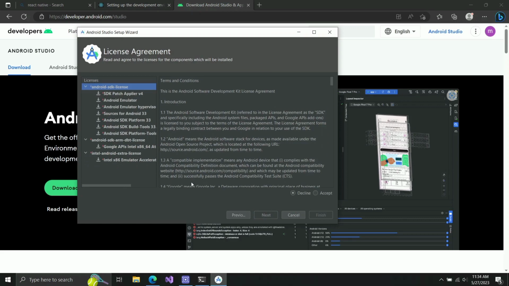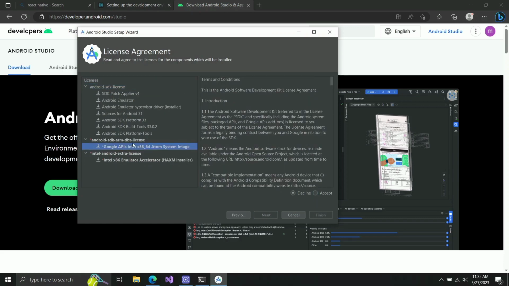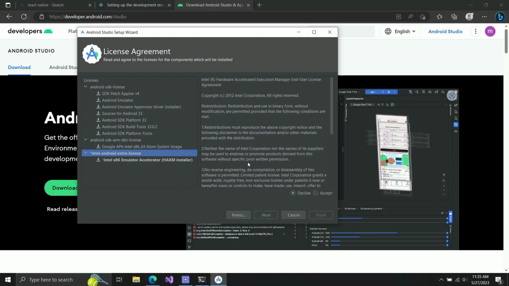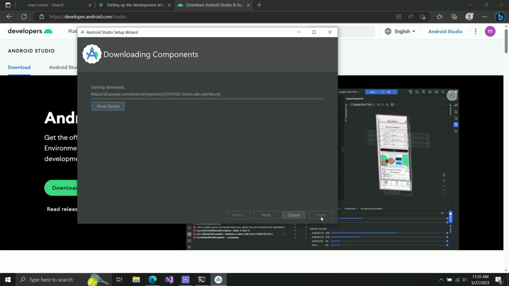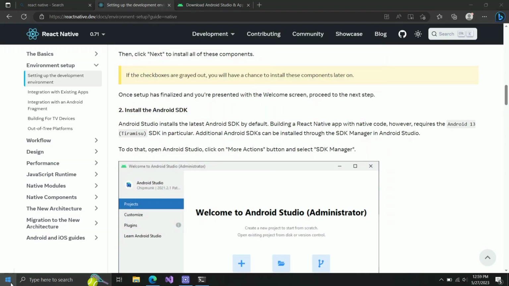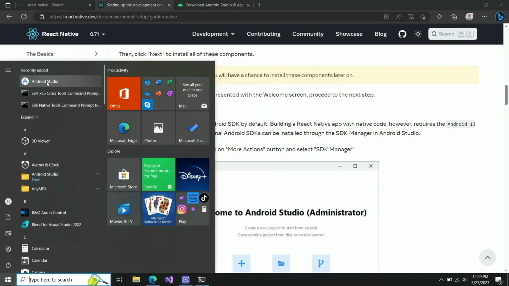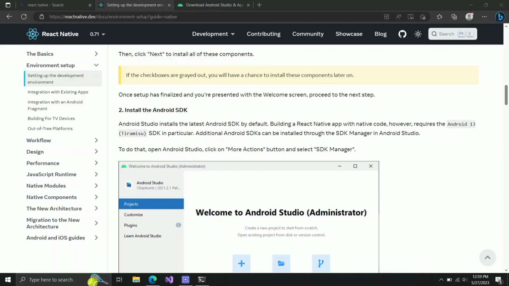to run this and some SDK tools. So I'm going to accept this, click on next, click on this, click on accept. Then I'm going to click on this last one also and click on accept, and then click on finish. So make sure you click on the 3 items in there and accept, and then click on finish. All right, so it is done. So I'm going to click on this and then run as administrator